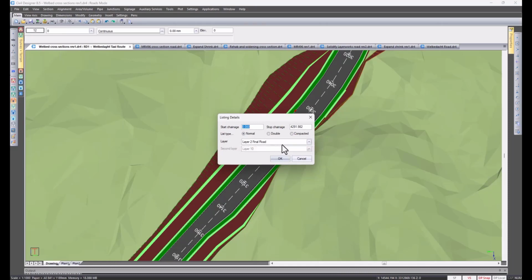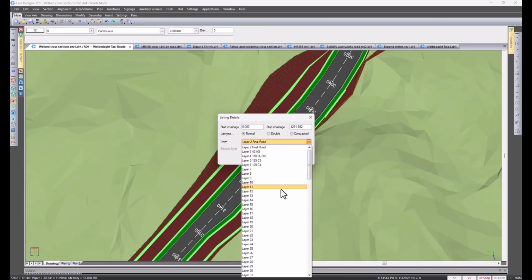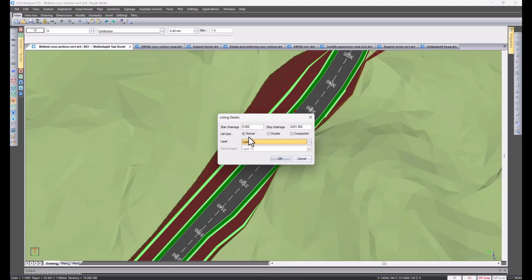Okay, and then remember we have to set the layer, in this case layer 10. There are a couple of list type options here. The normal is just to list everything on a single layer. The offsets and elevations are listed on a single line. The double option over here